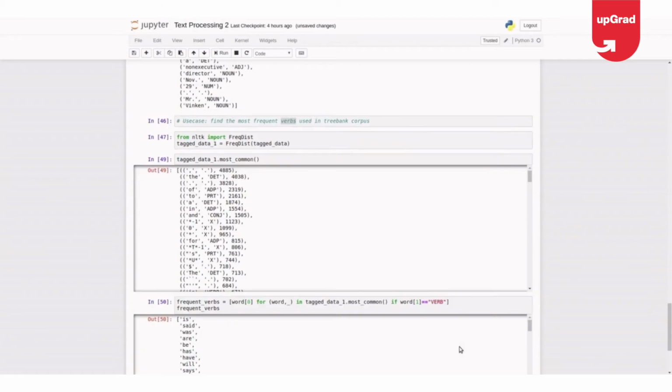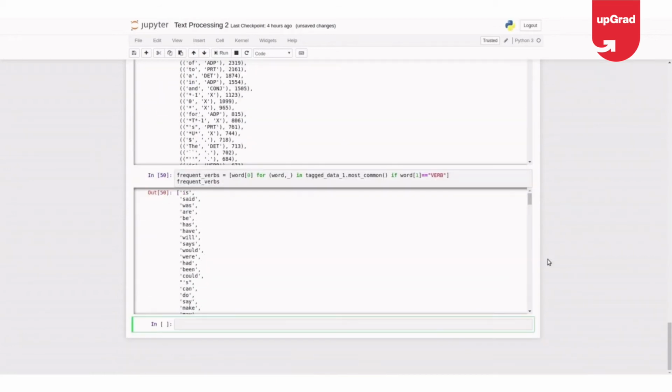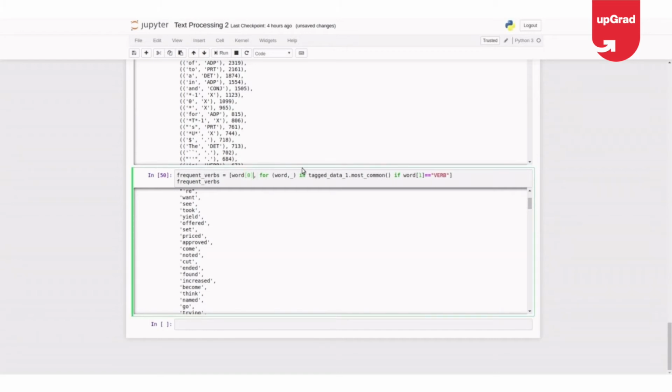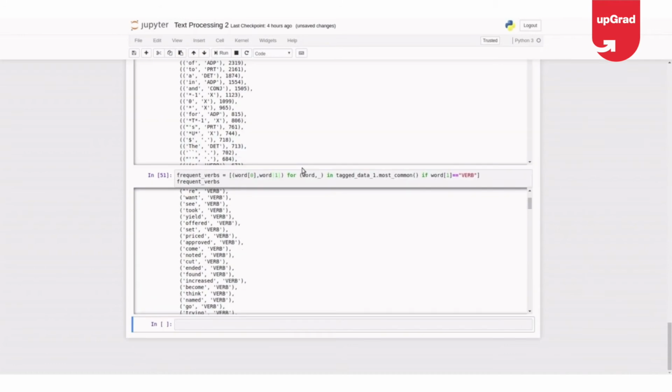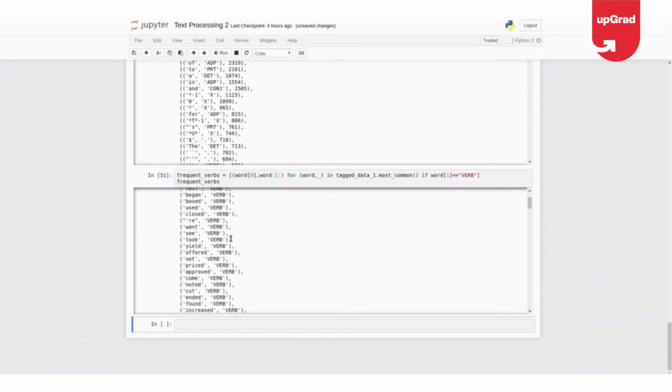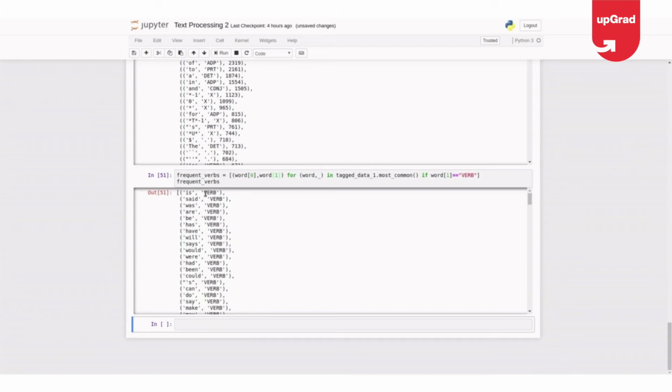And if I print frequent verbs, so I see the most frequently used verbs in the corpus, the Treebank corpus, are is, said, was, are. Okay. Or if I want to print the POS also, then I'll just say word of 1. Yeah, so all are verbs, and the most frequently used verb is...